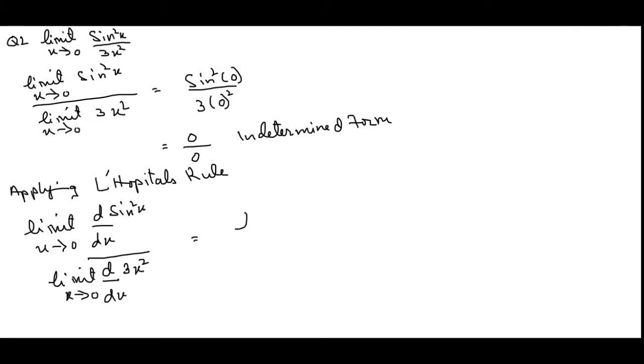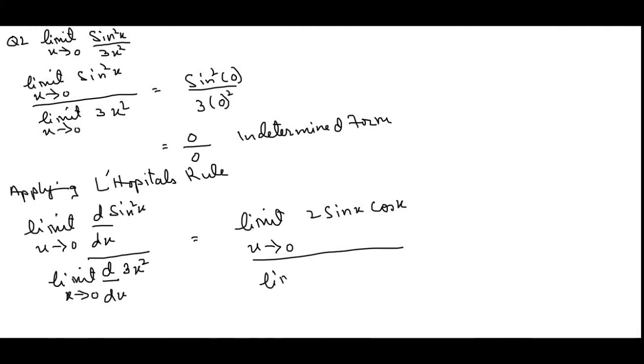So limit x approaches to 0 and the derivative of sin square x is 2 sin x into cos x whole divided by